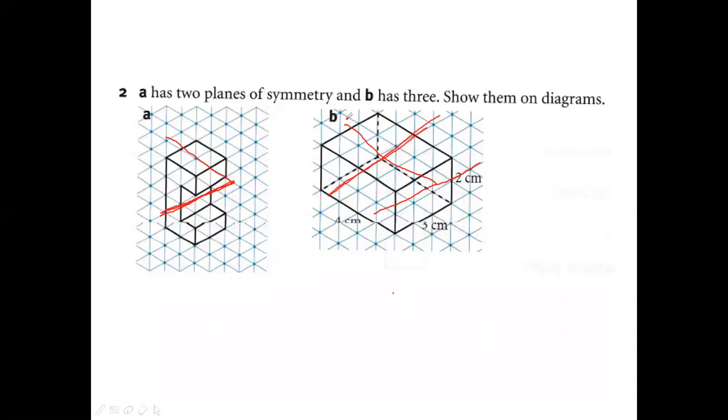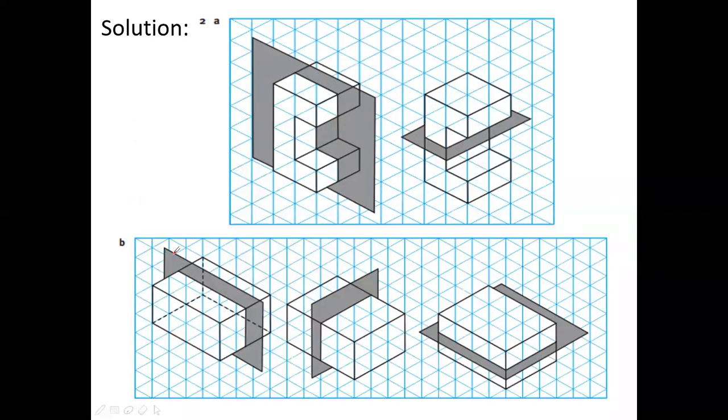Like this you can cut, like this you can cut, and in the middle you can cut here like this. Look at here. First I can cut from the top face, or I can cut from the left and right. I can cut in the center, or I can cut horizontally. This is one, two, three. Three planes of symmetry. The first figure has two planes of symmetry, and the second figure has three planes of symmetry. Here you need to identify in how many ways I can cut that solid into two identical parts.